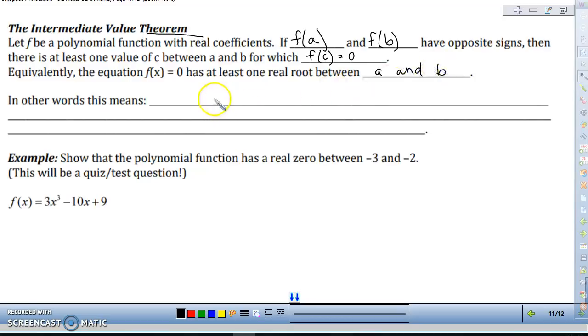So what the heck does that actually mean? That is what we provided you these lines for. In other words, this means if your outputs, your y values that you solve for when you plug in a and b, go from positive to negative, or the other way around, or negative to positive,